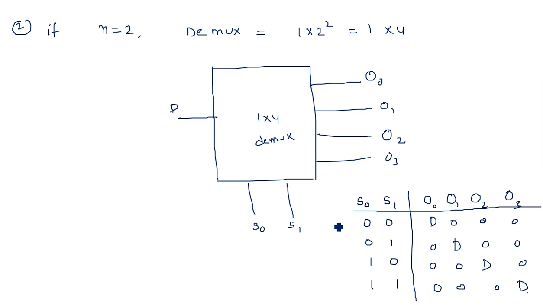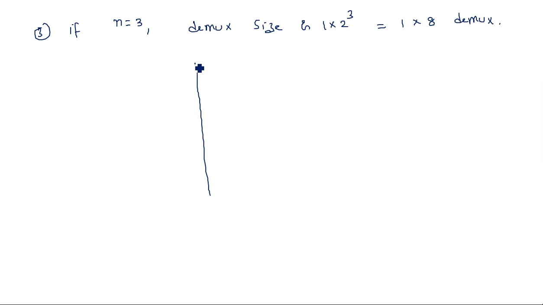Okay, in a similar way you can also draw the 1 by 8 demultiplexer. So the third case: if n is equal to 3, the dmux size is 1 by 2 power 3, that is equal to a 1 by 8 dmux. So the demultiplexer will be,